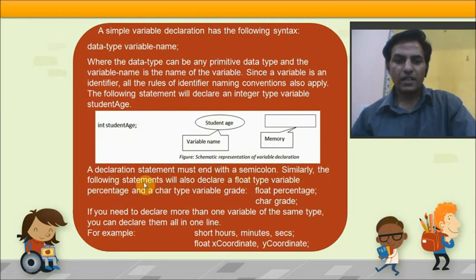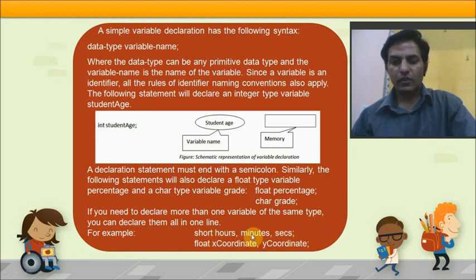Similarly, the following statements will also declare a float type variable, that is percentage, and a character type variable, grade. So percentage I am declaring with float and grade I am declaring with char. If you need to declare more than one variable of the same type, you can declare them all in one line, that is short hours, comma, minutes.